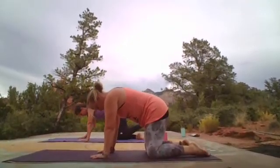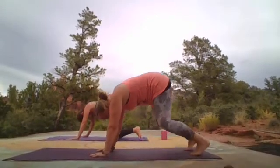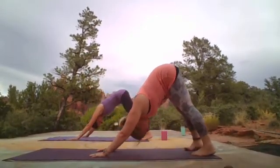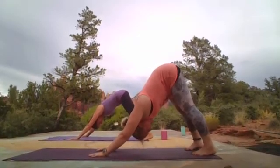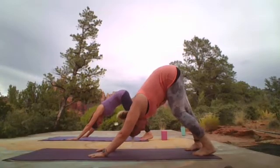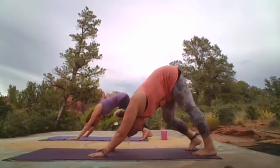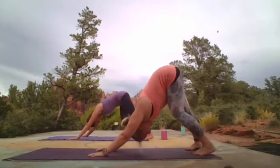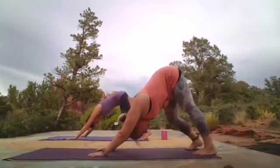Tuck your chin to your chest, over your toes, and lift your hips. Downward facing dog. Relax the shoulder blades down the back. Maybe you bend your knees a little bit here, maybe opposite for pedaling out the feet, pressing one heel down as you bend into the opposite knee. We want to take the time here to sort of wake up through the back